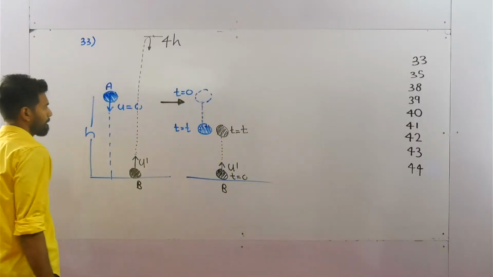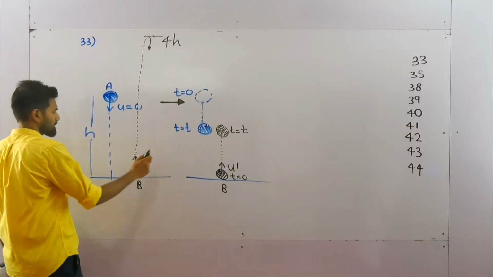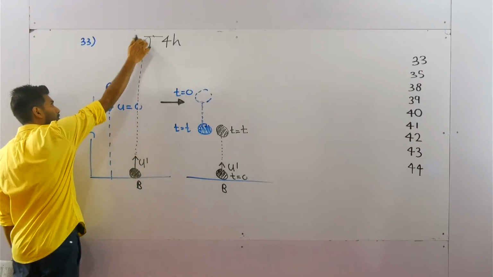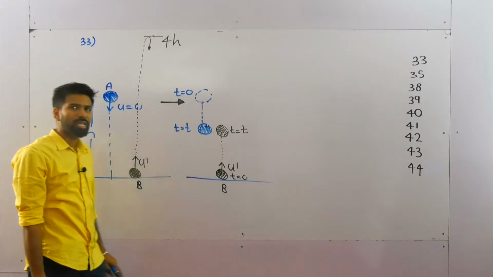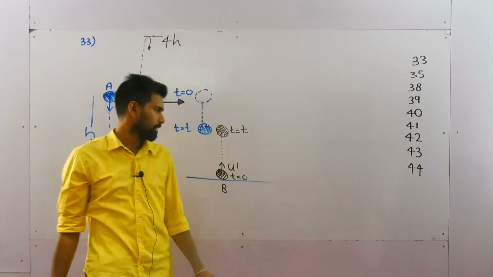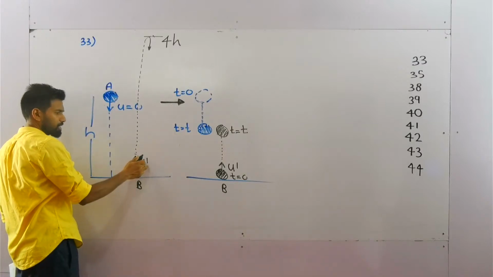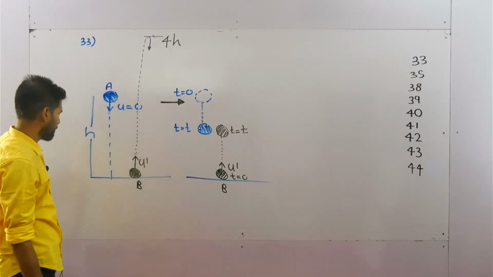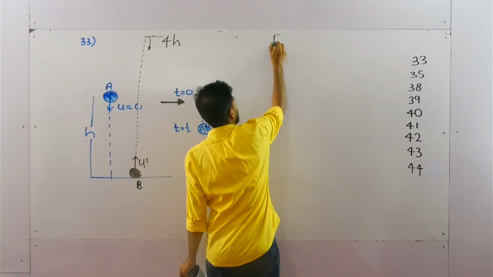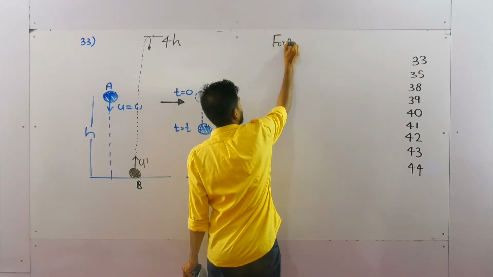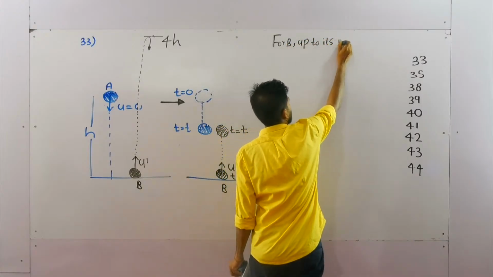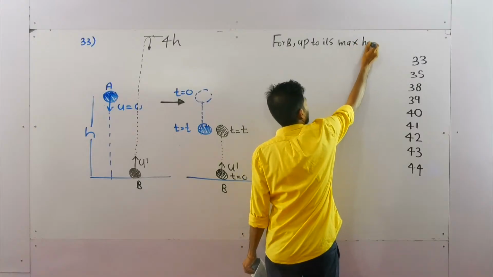Okay. Now, there's a fact given. This capital B stone is reaching up to a level 4h before turning back. Shall I use that 4h value to take an equation related to the initial velocity of the stone B? Okay. For the stone B, up to its max height,